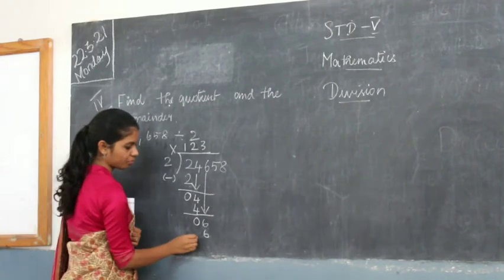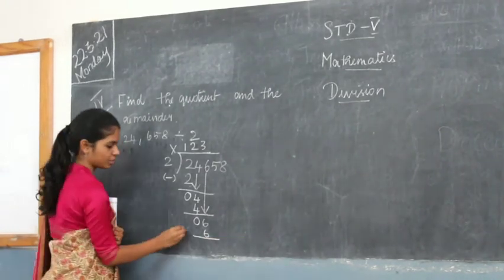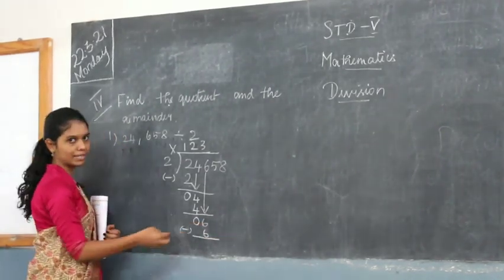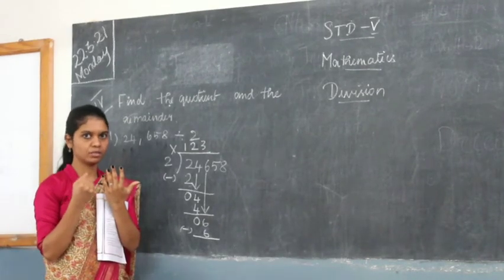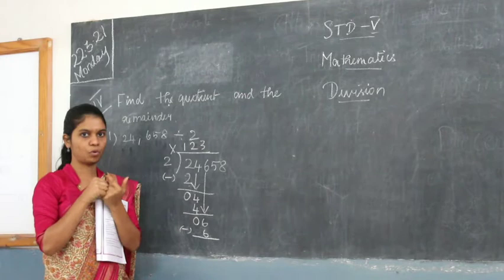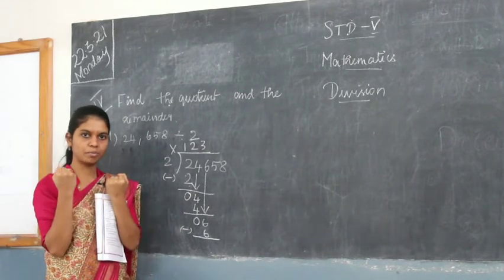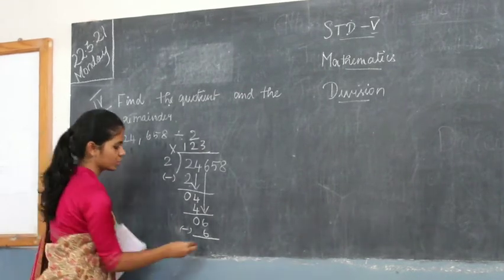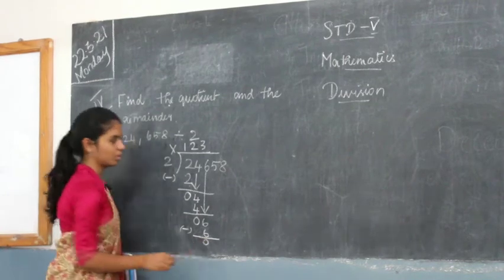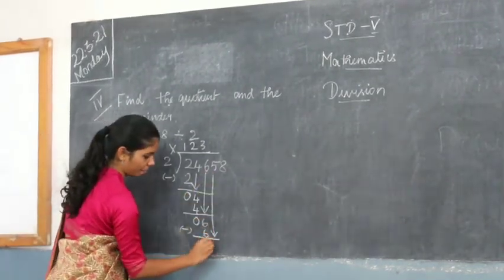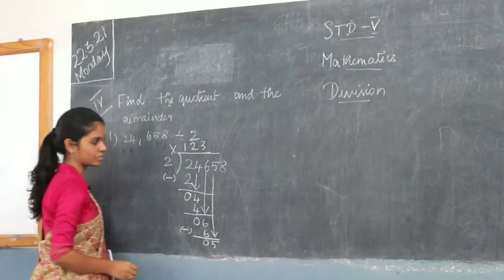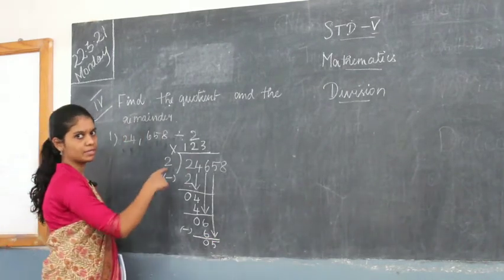Right. Now you should subtract them. 6 minus 6. So you have 6 and you have to subtract 6 from it. How many is remaining? 0. So you will put 0 here. Now the next number down, which is 5. And you should start telling two tables till you get 5.